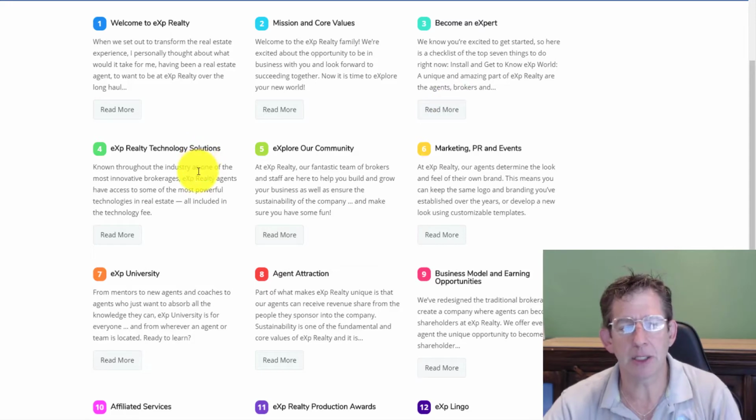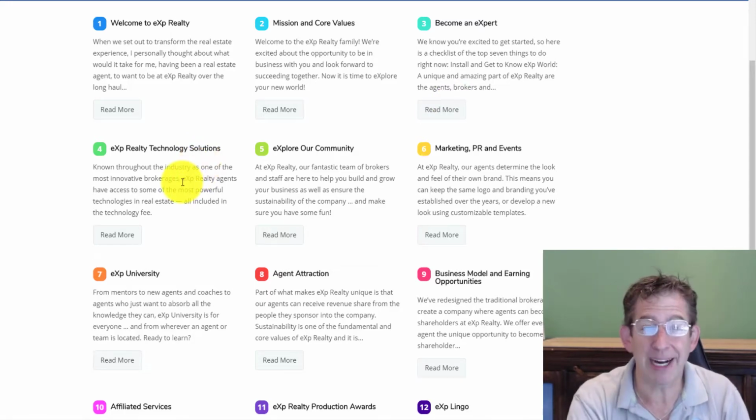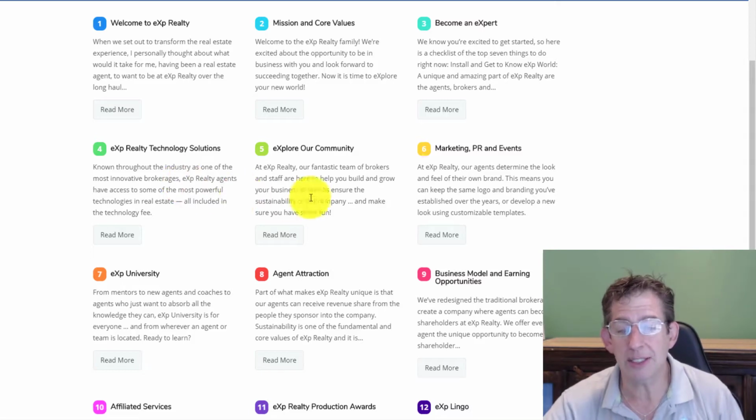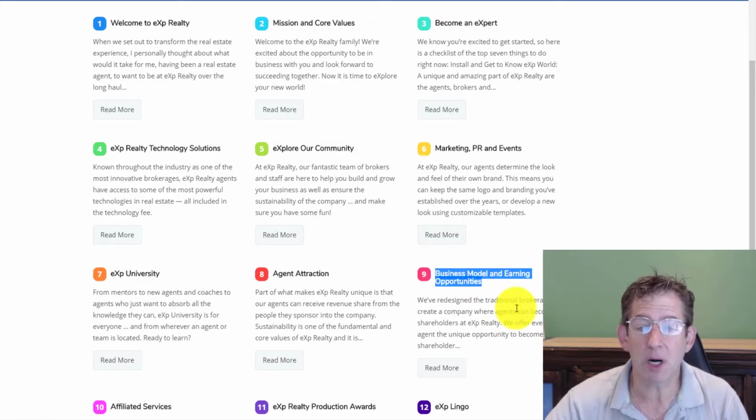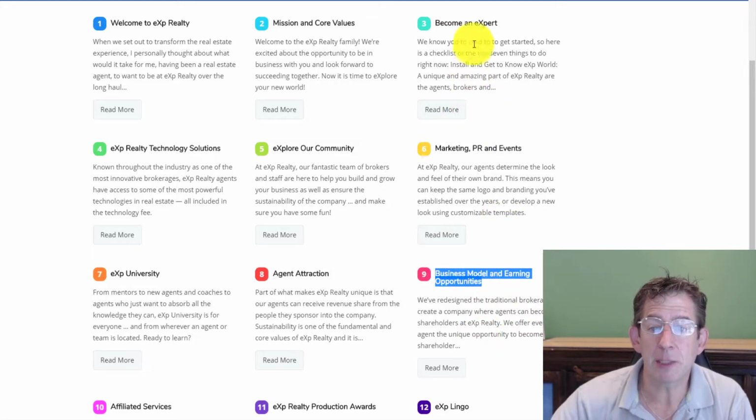It talks about our technology and access to enterprise. It allows you to explore our community, our marketing, our university, talk to you about agent attraction, really clarifies and dives deep on the business model, right? So if you're going to become an expert, the top 7 things to do, you go right here